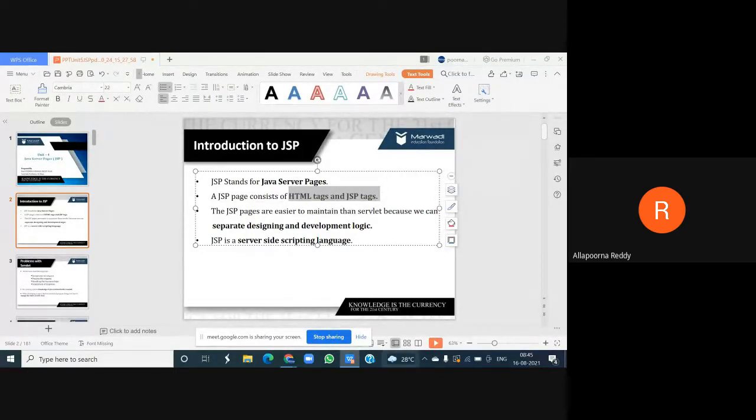I am going to generate the JSP page with the extension .jsp by including two types of tags. JSP pages are very easy to maintain. JSP is one of my scripting languages.